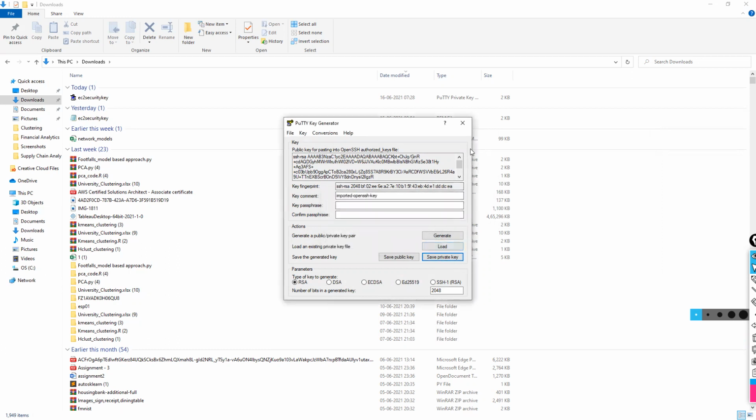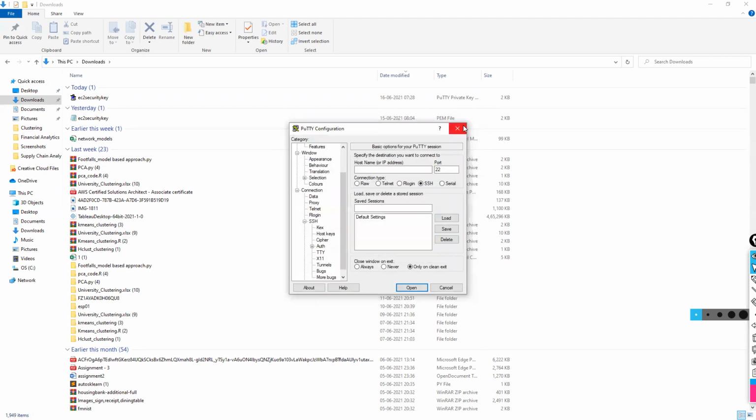But as you said, for Mac users, you don't need to. For Mac users, they can use their terminal directly. They already have SSH. What is PuTTY? PuTTY is an SSH client. Linux operating systems have SSH servers, and as an SSH client, you can connect to an SSH server. And macOS already has an SSH client installed in its OS, so no need to use PuTTY. In Windows, you don't have that. That's why you need PuTTY.